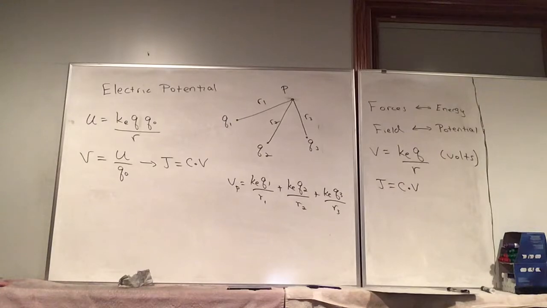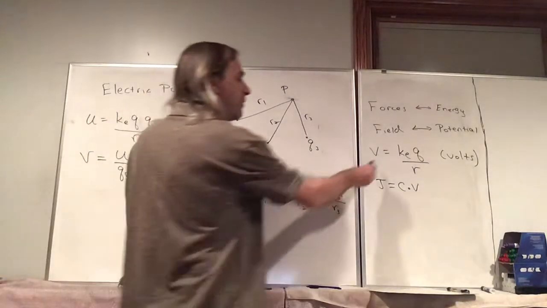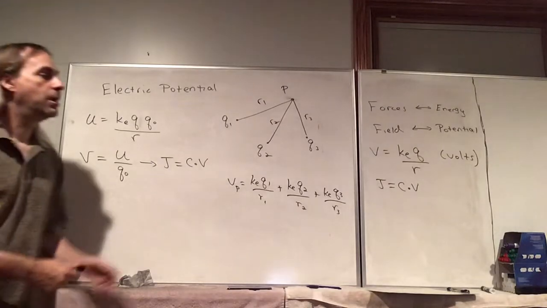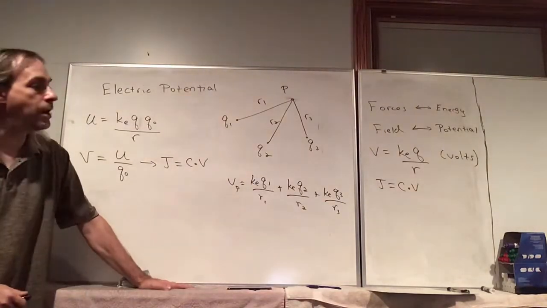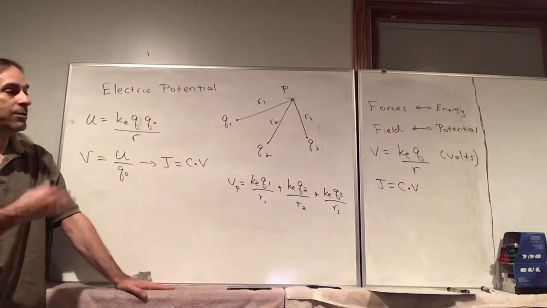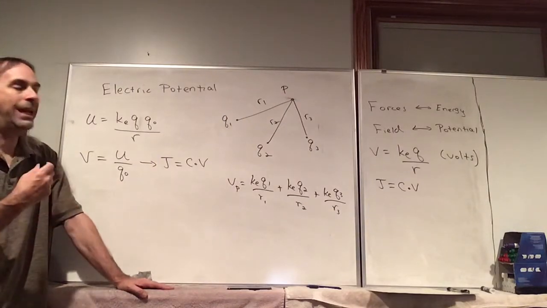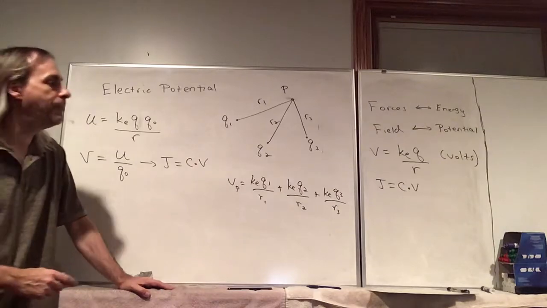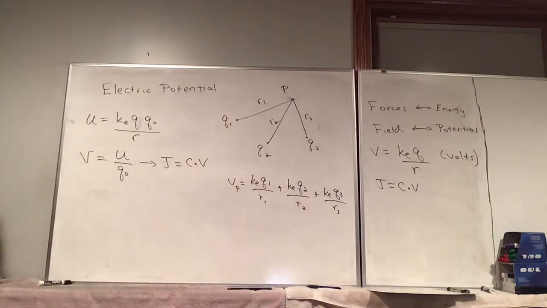So basically the electric potential for any number of charges can be calculated. We have this formula for a point charge, and if we have a lot of point charges, we can just add it all up. And we can easily abstract this idea to a continuous charge distribution. But before we do that, I want to